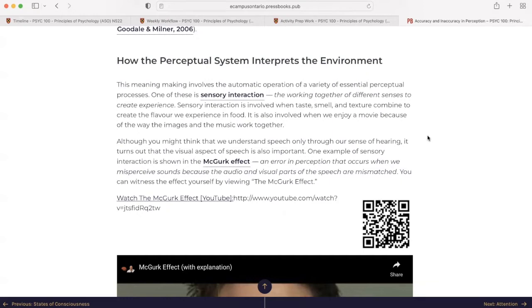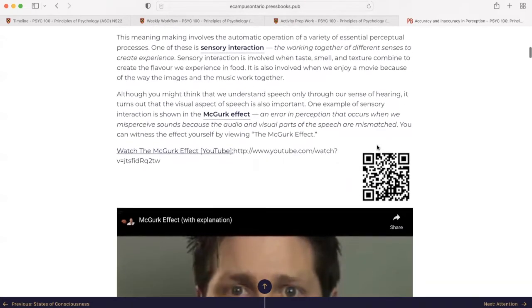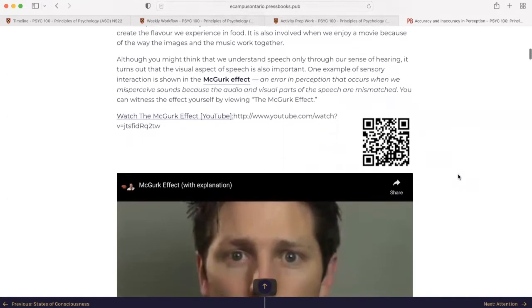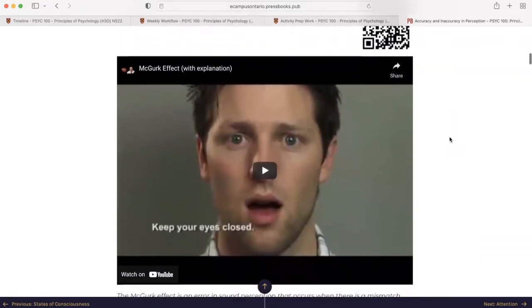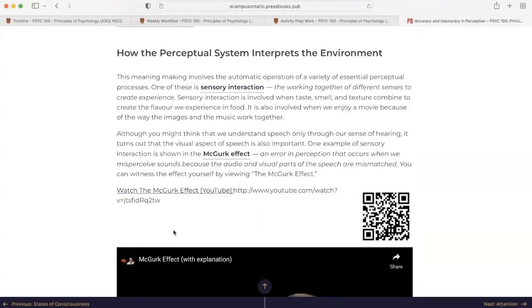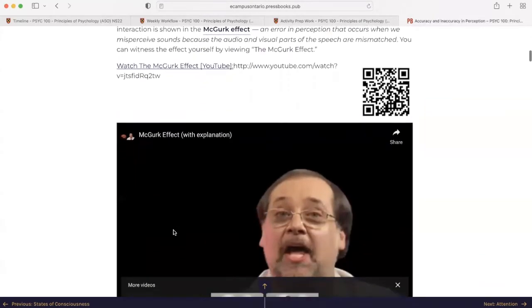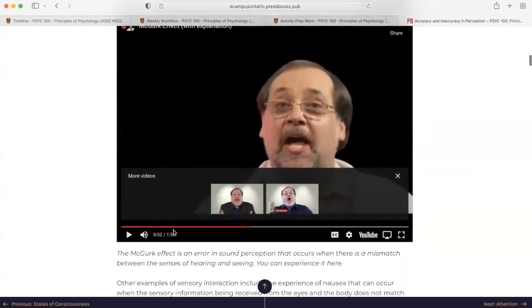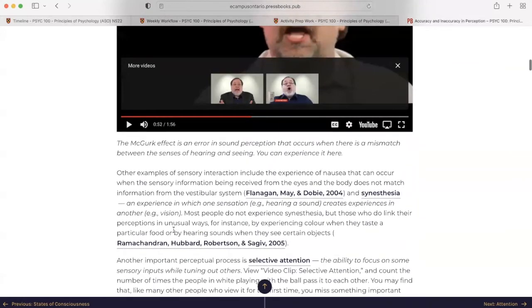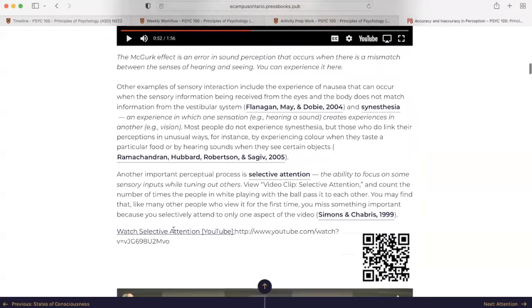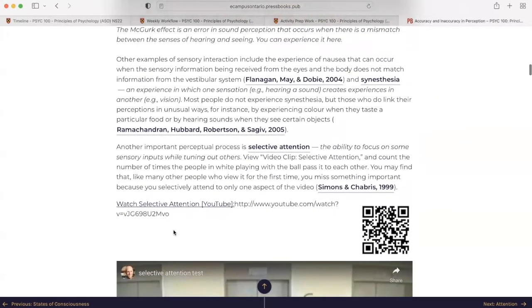One example of sensory interaction is shown in the McGurk Effect, an error in perception that occurs when we misperceive sounds because the audio and visual parts of the speech are mismatched. You can witness the effect yourself, the McGurk Effect. I will share a link in the show notes on the McGurk Effect to watch it separately. It is an error in sound perception that occurs when there is a mismatch between the senses of hearing and